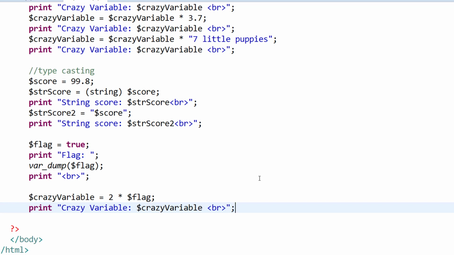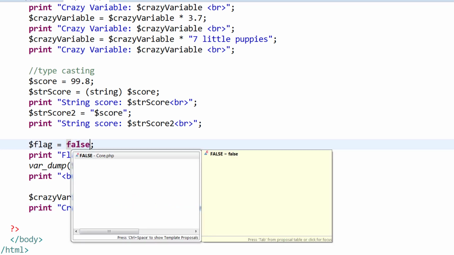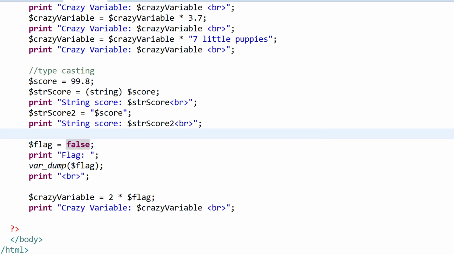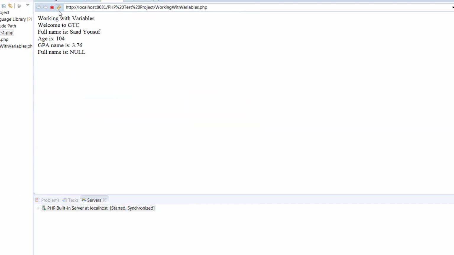As a result, it is now going to be 2, because the value of true is 1. So again, 1. Right. But if I change it to false,